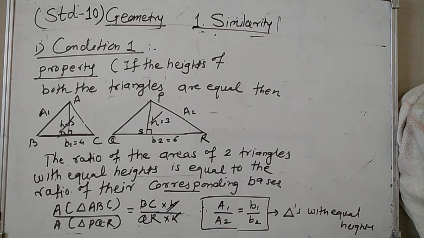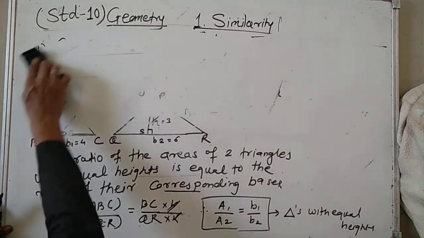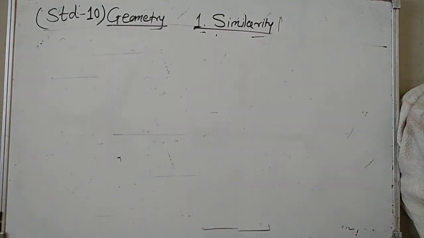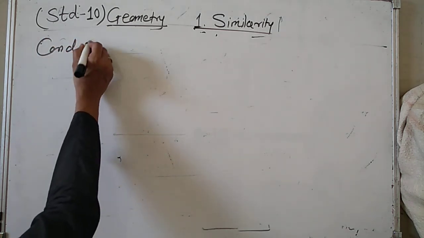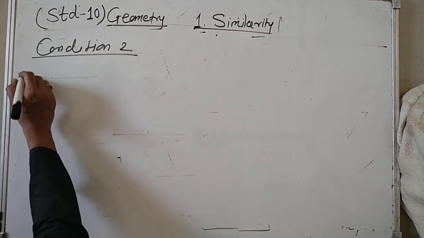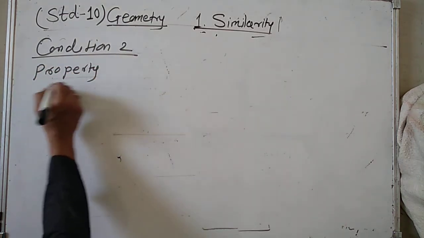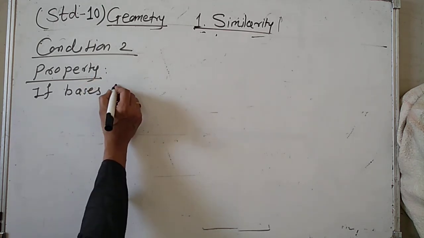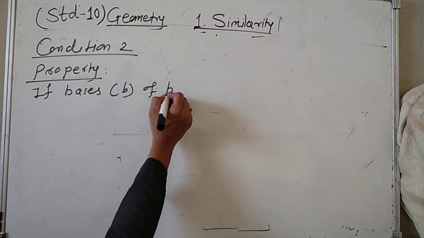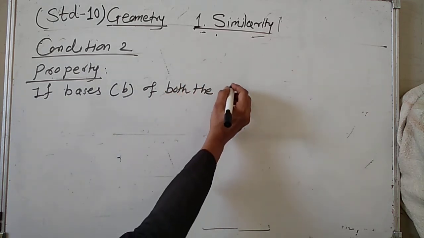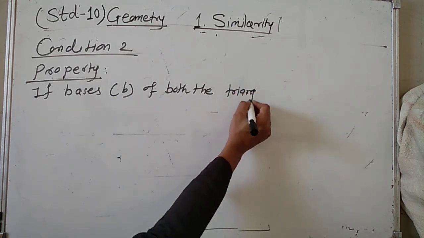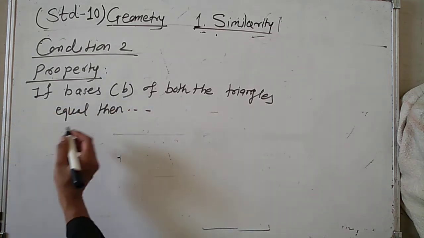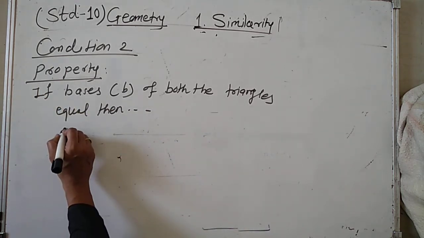Then the next one is condition 2. The condition 2 is that, then the property: if the bases of both the triangles are equal, then therefore take the two triangles here,